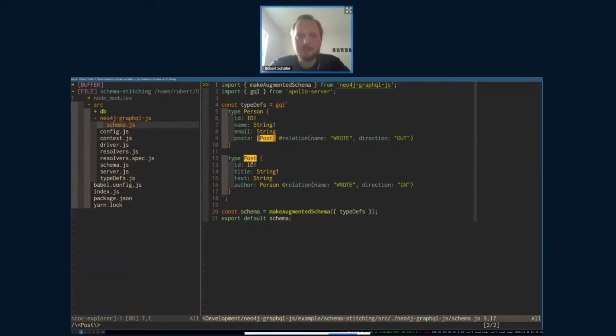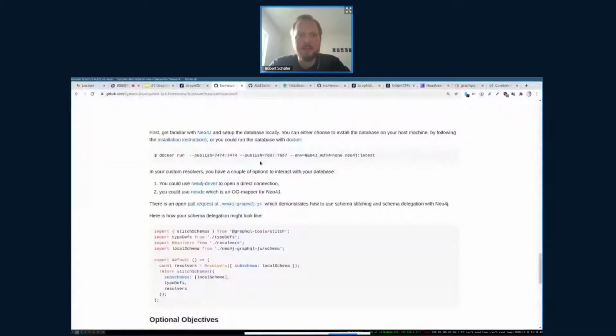And you connect them with a so-called schema directive. Schema directives are written with this @ symbol. And here you say @relation, and you say, okay, a person has a lot of posts, and they are connected with a relationship called road, and it's going out. If you compare that with,